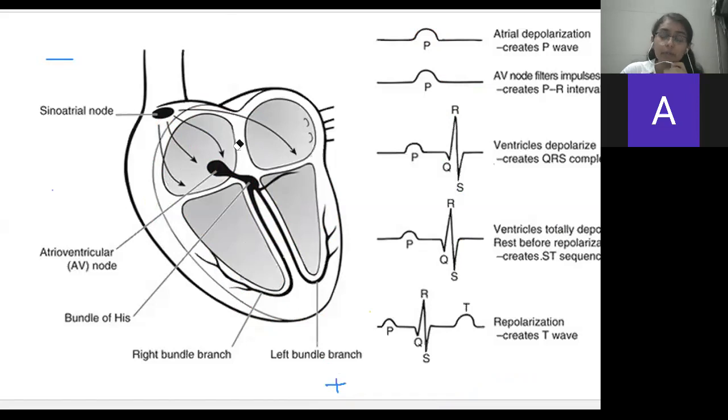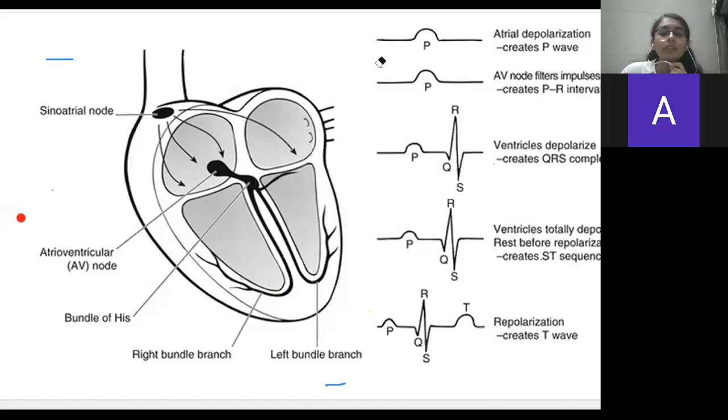Well, atrial repolarization is already done, which will be overlapping with the QRS complex, and because the electric activity of the ventricle is much larger than that of the atrium, you cannot see atrial repolarization events in the graph, whatever the recording is showing.